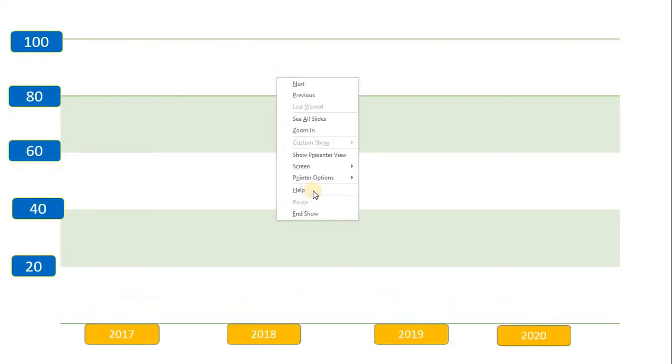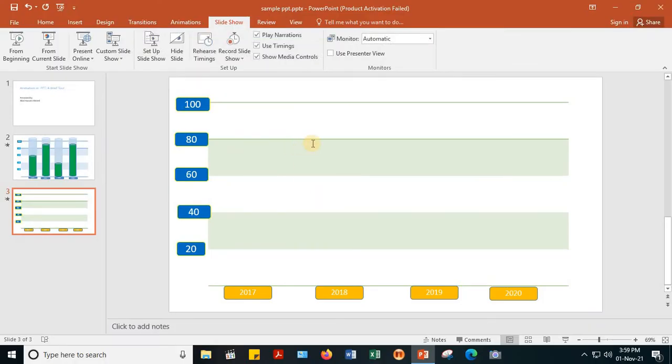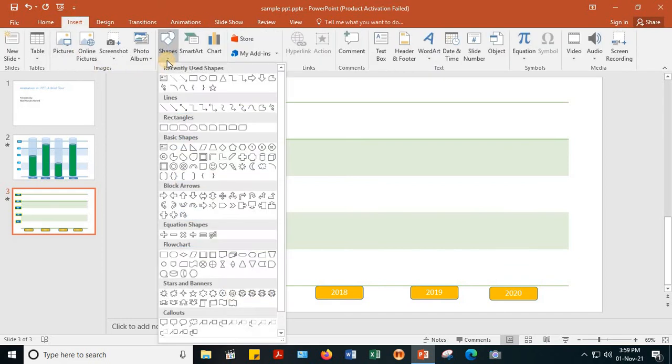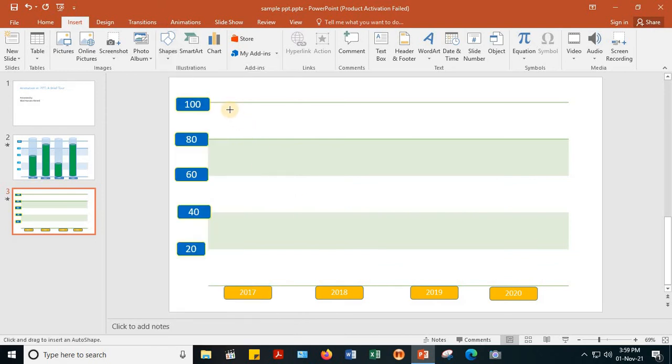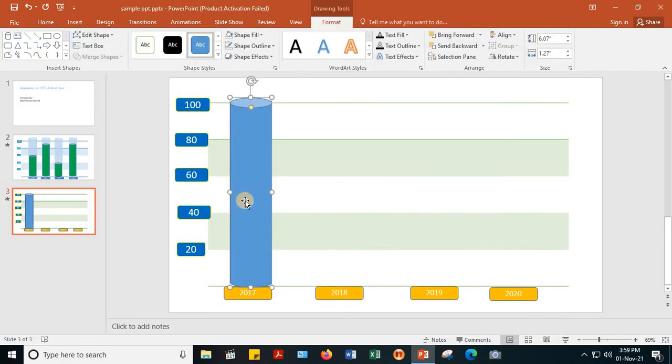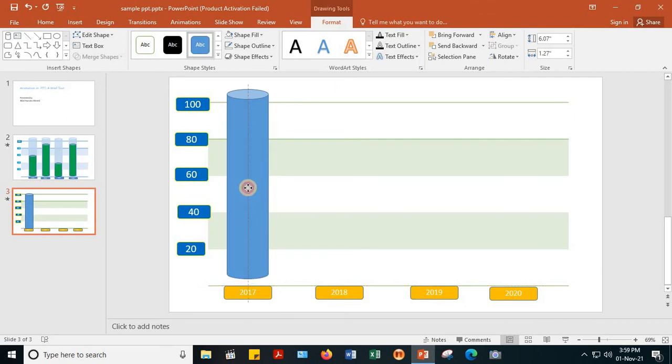Now next I will be creating the tubes. So go to insert and from shapes you take these cylindrical cans and just put them here.